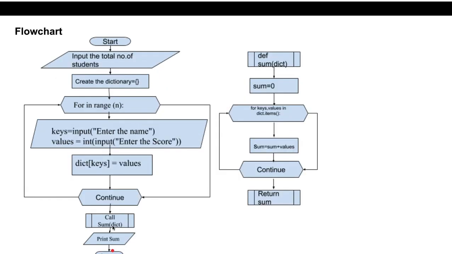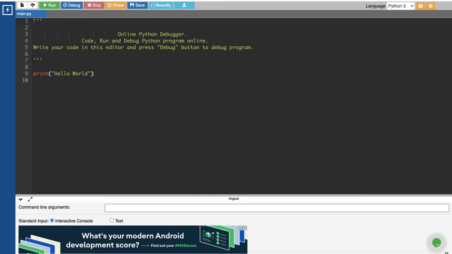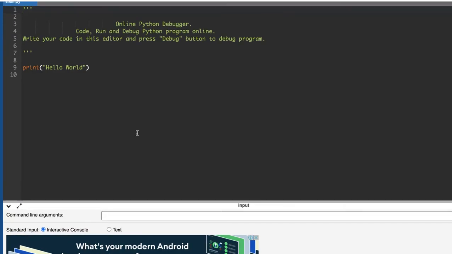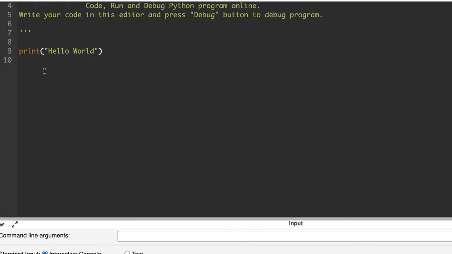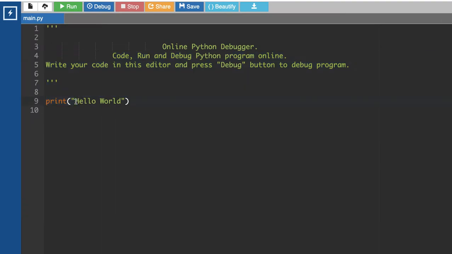Now we'll see the demo for the Python program. For that, I am using an online Python compiler. By default, we have hello world. Instead of that, I'm writing a comment: this is the program to find the sum of values in a dictionary.